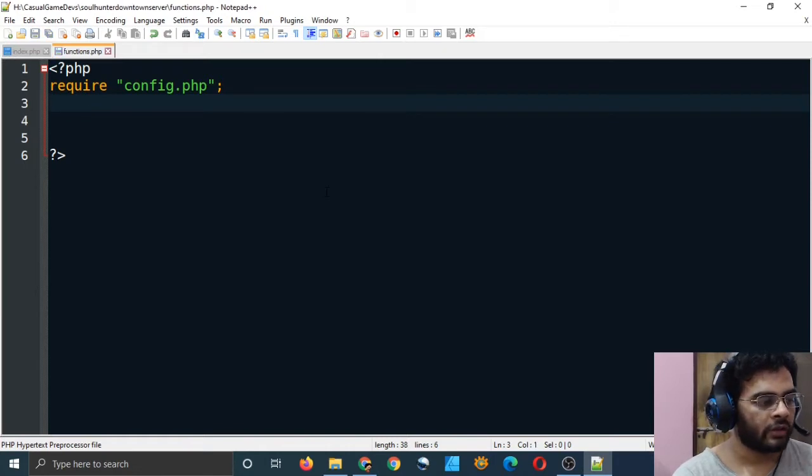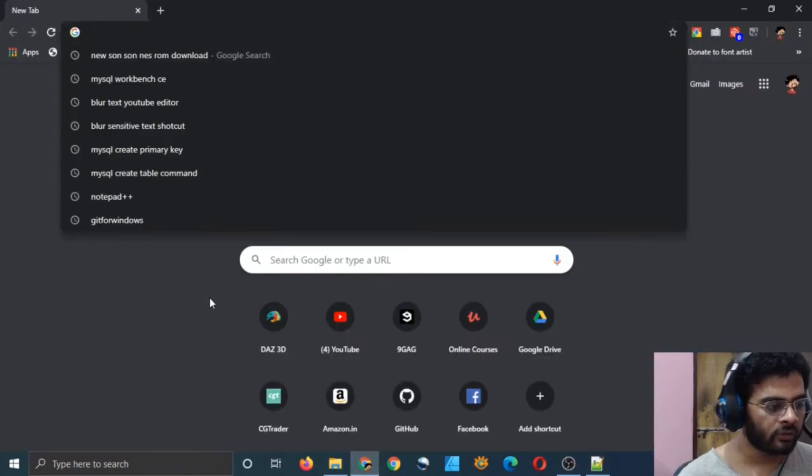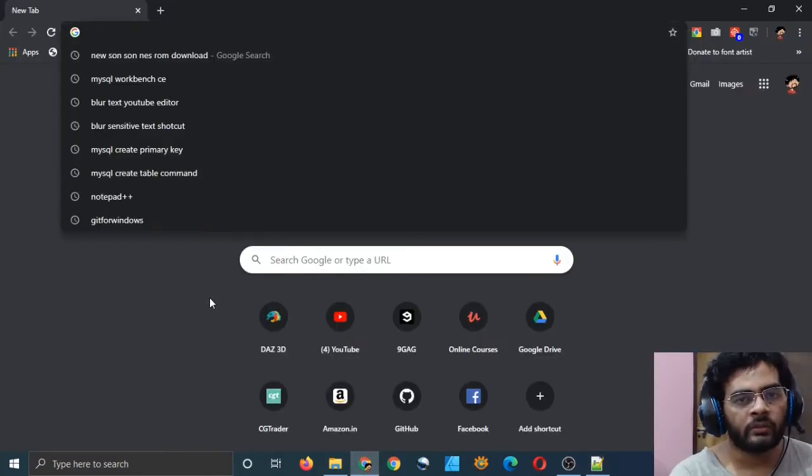So that's important. And now let's make some functions in order to update a user's data, insert data, right? That's it. And delete some users record, right? So let's do that. I will first go to W3 School because I don't remember how to write a PHP function.